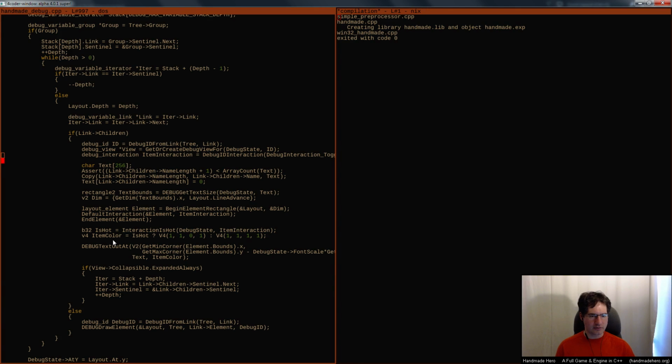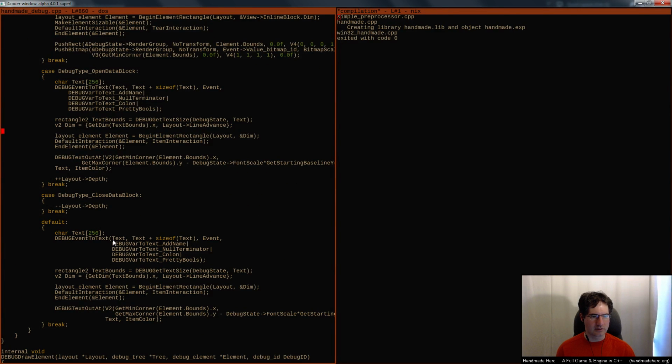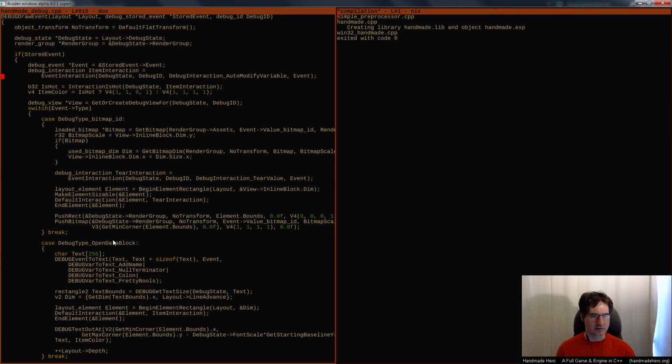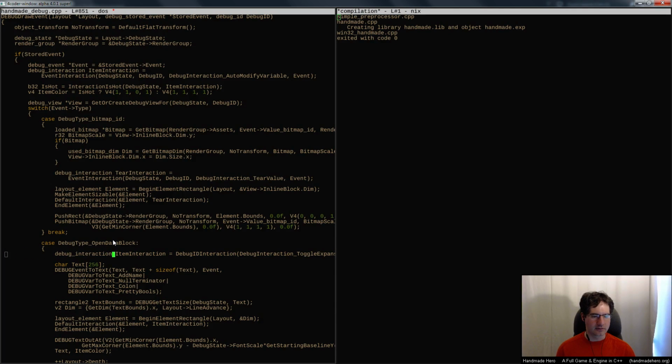So if we wanted to do that for open data blocks, we would need to do sort of the default interaction stuff, right? We would need to have whatever the item interaction for that was going to be. And I guess in this case, we do an event interaction that's an auto-modify variable. We don't actually want that to be the case for open data block. What we want to do instead is say that the item interaction for this is going to be a toggle